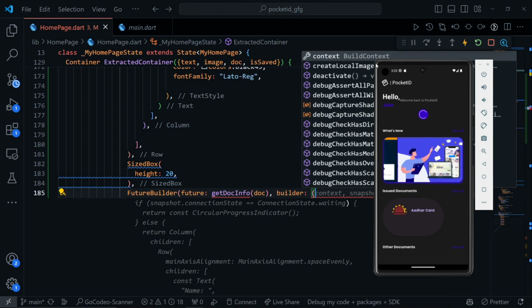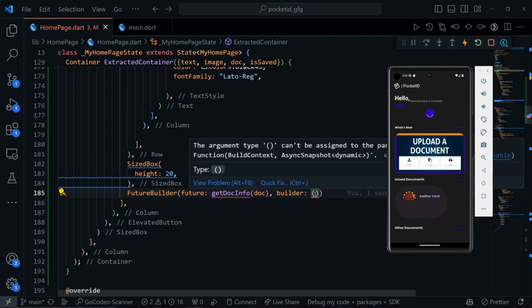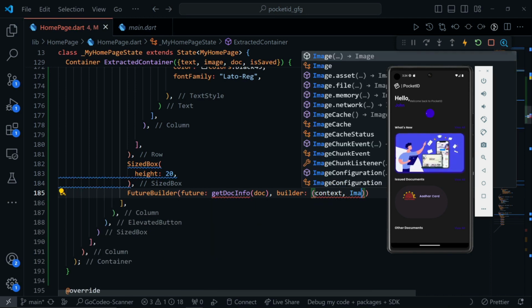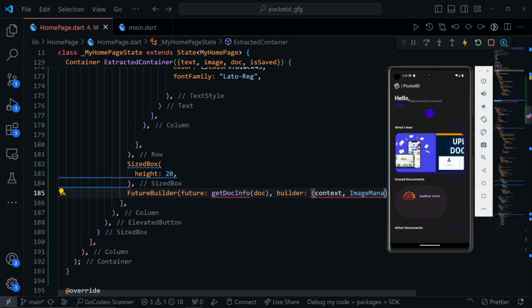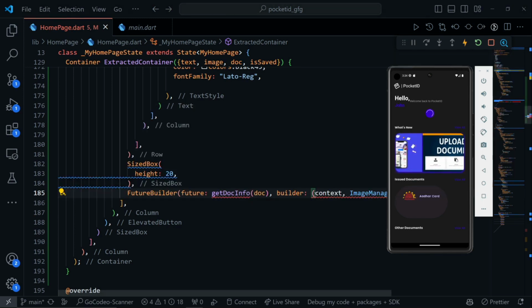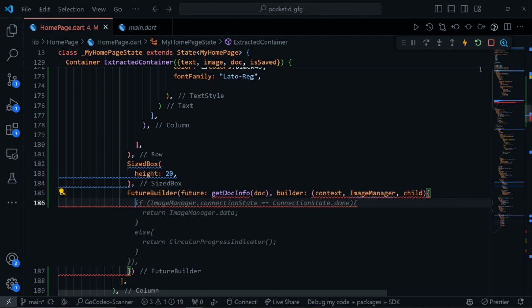Okay, so inside the builder, what I'm gonna do, I'm gonna write for context here. Let me just minimize the spacing so that we can work accordingly. Okay, so inside this, I'm gonna firstly call for context. Okay, and right after this context, we will call for image manager. So image manager here. Okay, and right after this image manager, we are going for child. Let me minimize this for now. Okay. Now, what we will do, we will make sure to return